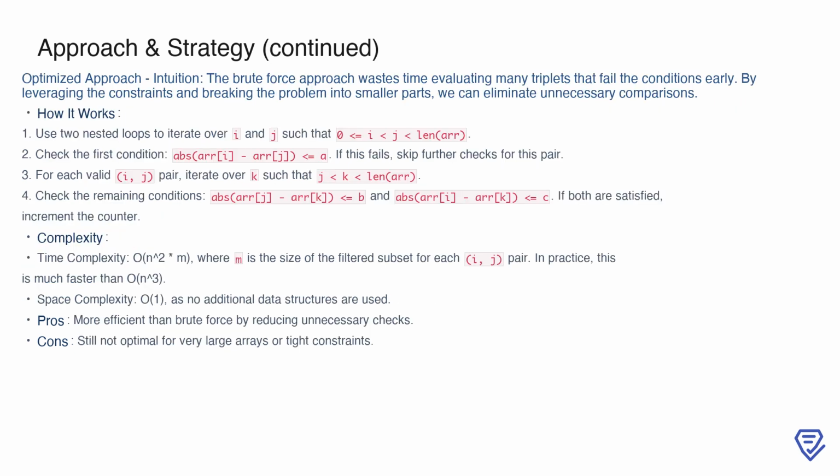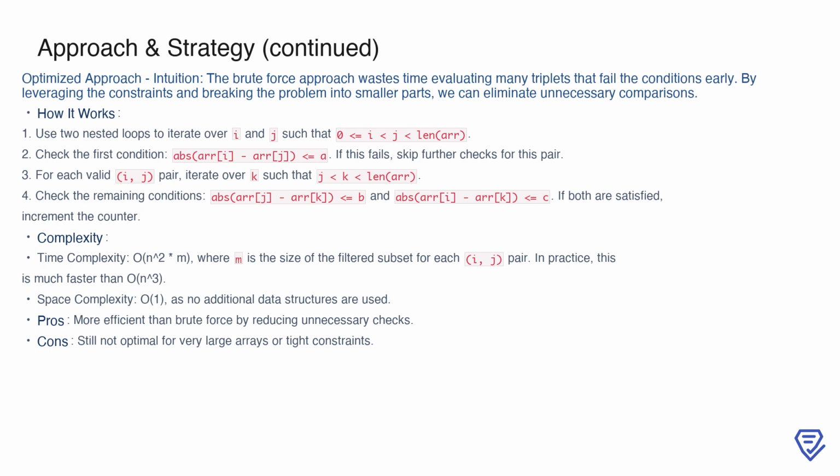Recognizing the inefficiencies of the brute force method, we can adopt an optimized approach. The key insight here is that many triplets can be ruled out early by evaluating the conditions step by step, rather than testing all three conditions for every triplet. This method begins with two nested loops that iterate over i and j such that i is less than j. For each pair i, j, we first check the condition abs(arr[i] - arr[j]) is less than or equal to a. If this condition is not met, there is no need to evaluate further, allowing us to skip the remaining checks